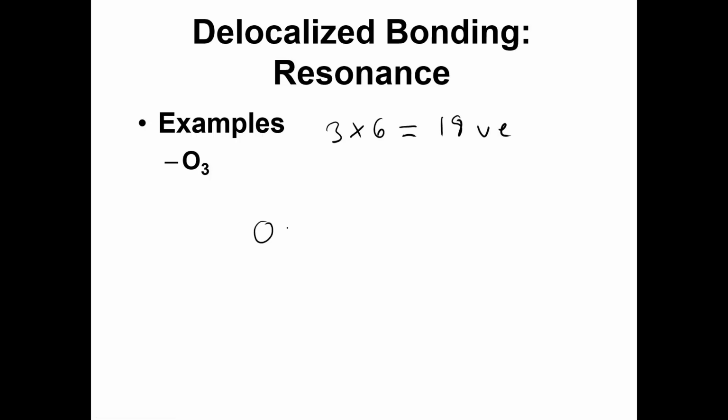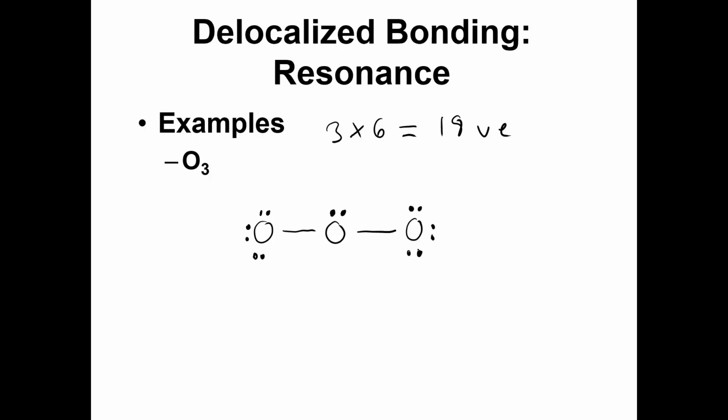It's easy to decide which goes in the center because all three are oxygen, so we just put them in a row, which uses up 4 electrons, and then you distribute the remaining electrons from the outside to the inside, and you stop when you have reached an octet. So we have 4, 6, 8, 10, moving on, 12, 14, 16, and then moving to the inside, going to 18. We're done. You should recognize right away that the one in the center does not have an octet, so